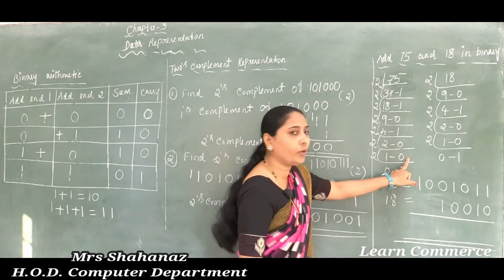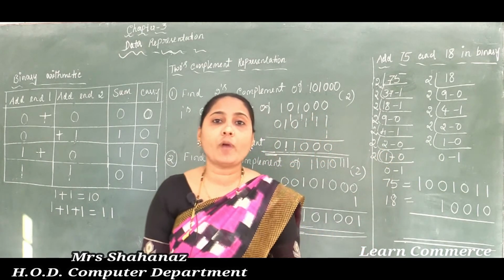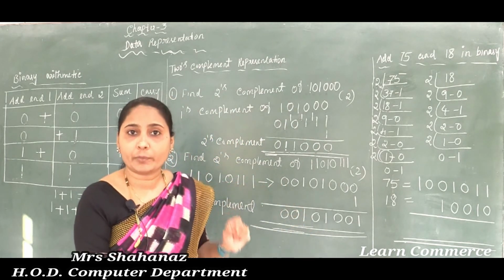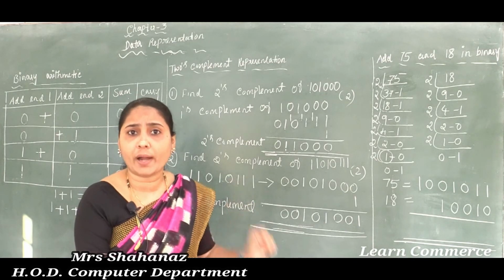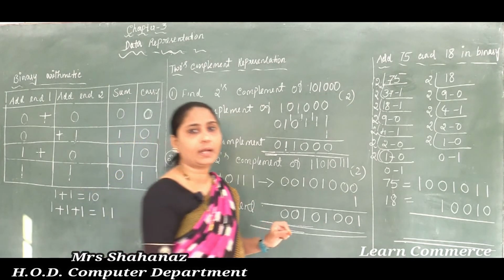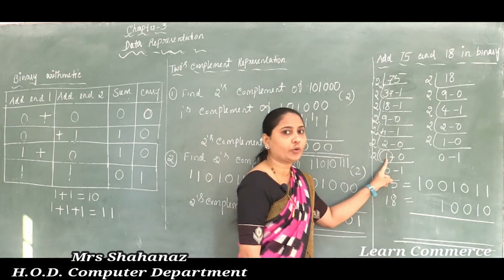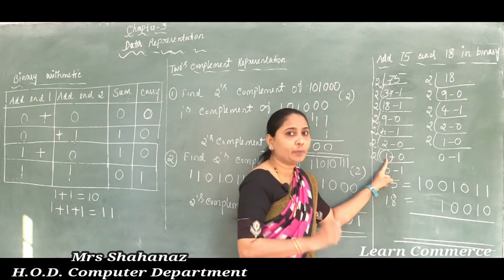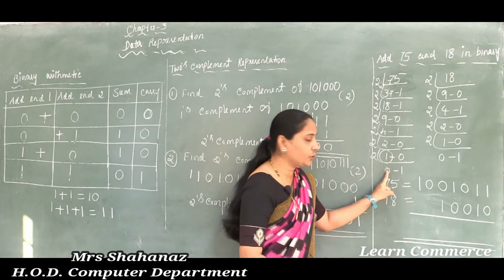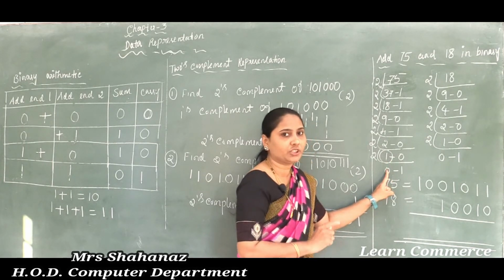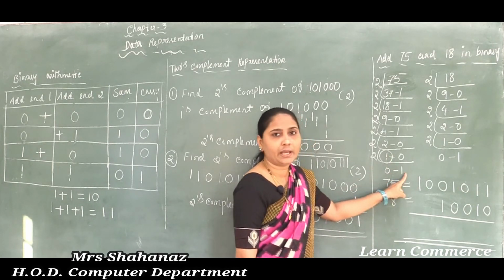Clear this point here? No remainder, but the quotient value is 1. As we know the final condition: whatever value is there in the quotient, such value we need to divide by 2 until the quotient becomes 0. Correct? Whether it is possible to divide such number 1 by 2 here? No. So we take the quotient value as 0, and whatever the quotient was, such one we take as the remainder.